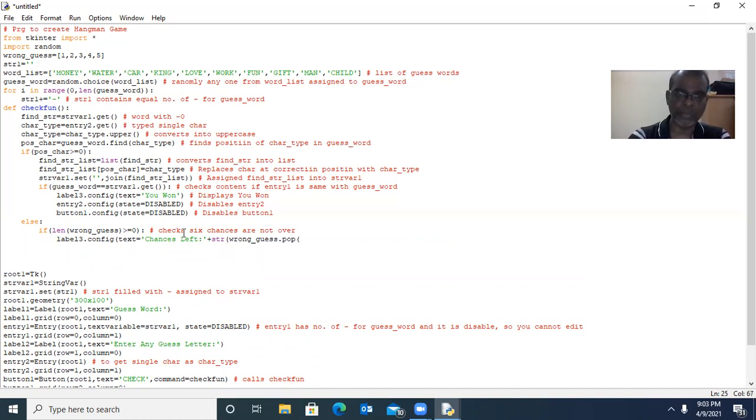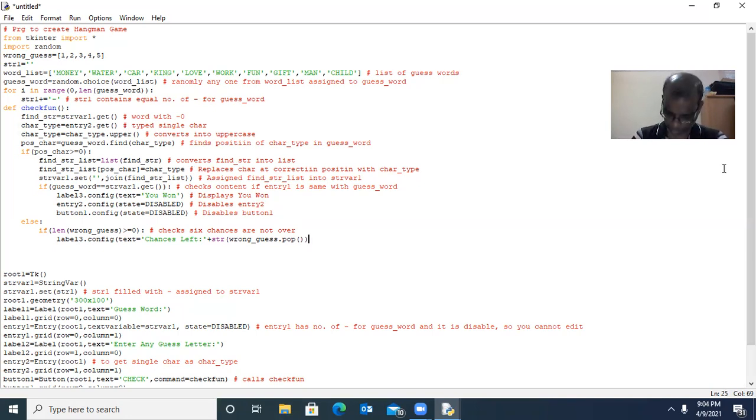So pop is one method available in list. It returns the last element, that is number 5. In addition to that, it removes the last element from the list. Now the wrong contains 1, 2, 3, 4, 5. If pop is executed, 5 will be removed from the wrong list. In addition to that, 5 will be returned. Now label 3 will be assigned with the text chances left colon number 5.